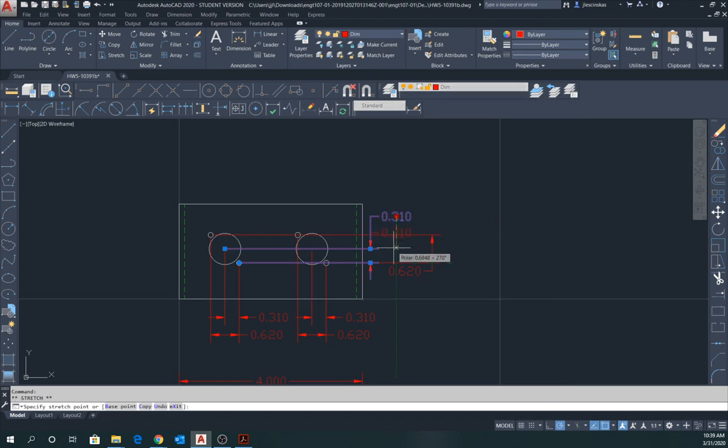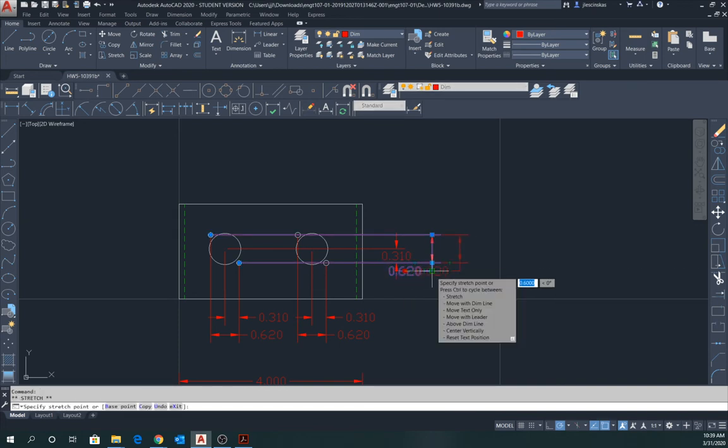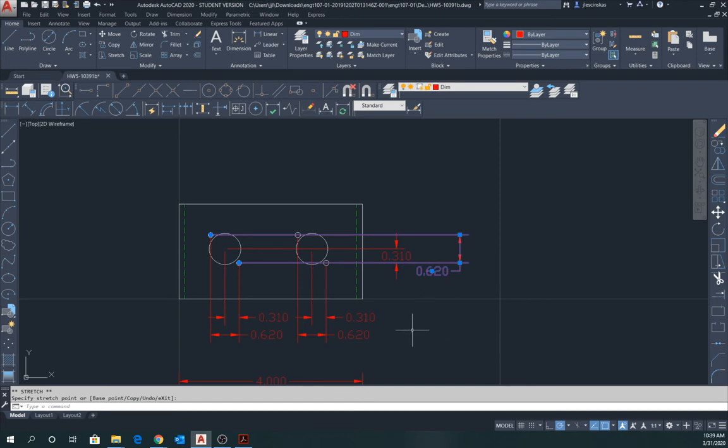Or we can move this. I'm not sure if it's possible to move it inside. Moving it inside is probably not. Well, that's okay if we take this and move it out to here. So there we go. Now we have no intersections,